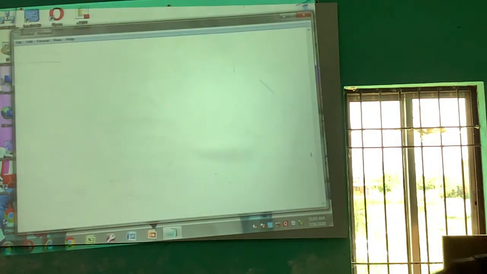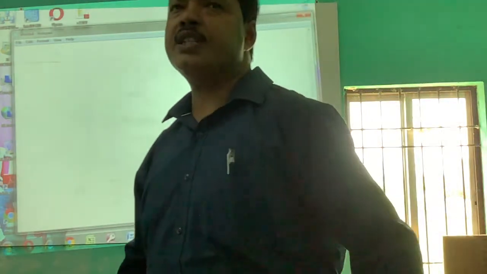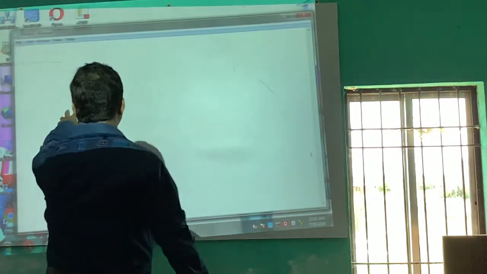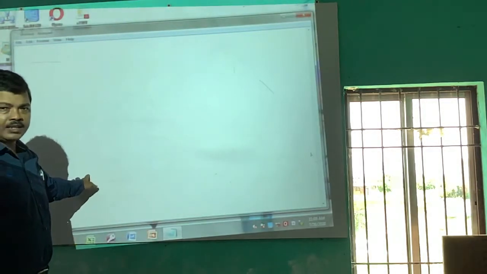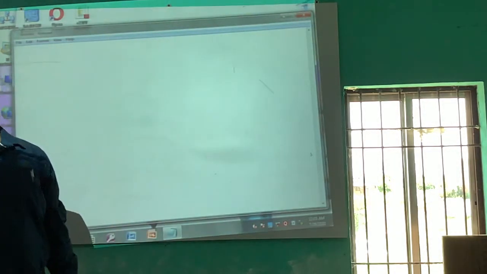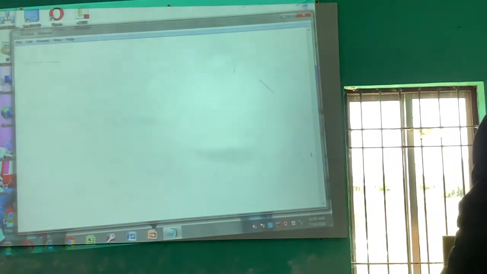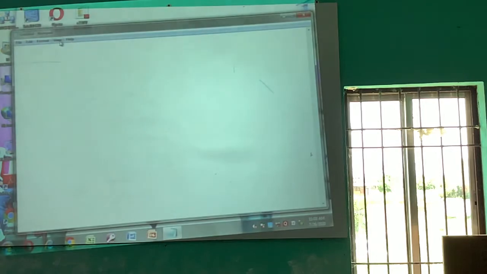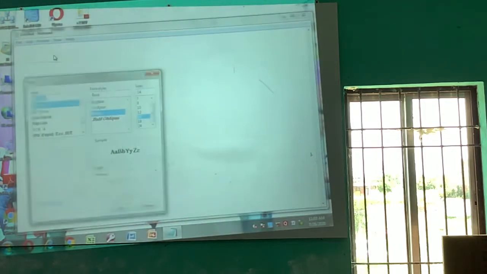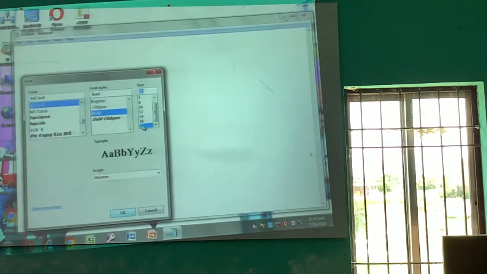So this is a simple text editor, and here we have to type the commands and run it. Now I am changing the size of fonts for better display.